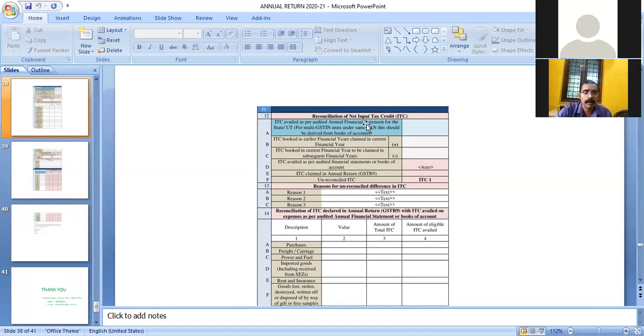So in the audited financial statements as on March 31, 2021, this ITC will be included, but in GST returns it will not be included, since ITC will be availed only if the goods are received. Goods are received only in the next financial year, so it will be accounted in GSTR 9 only in the next financial year.